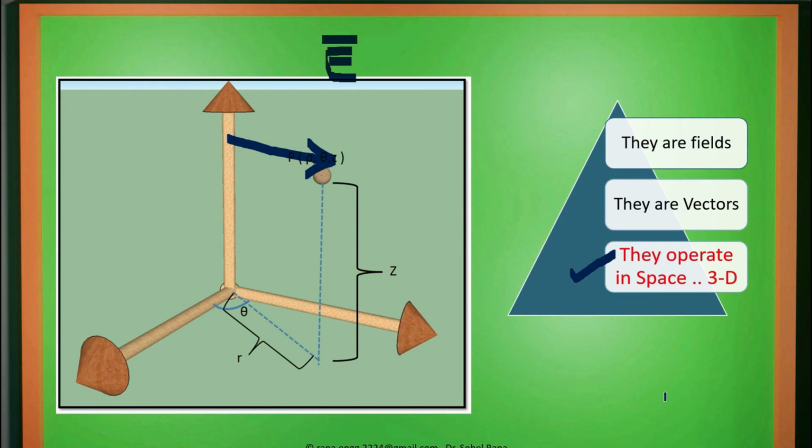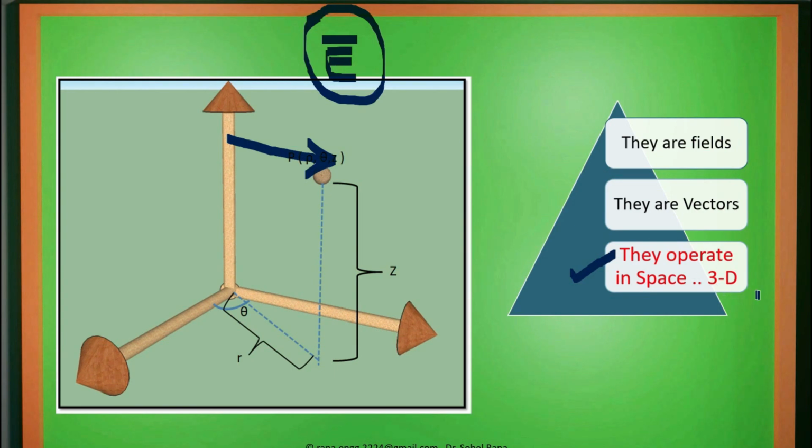That we must know the knowledge of coordinate systems. Which coordinate system we require? We may require the cylindrical coordinate system, the Cartesian coordinate system, or the spherical coordinate system. The knowledge of these systems is essential to understand the concepts of electromagnetic field, because our field parameters are operating